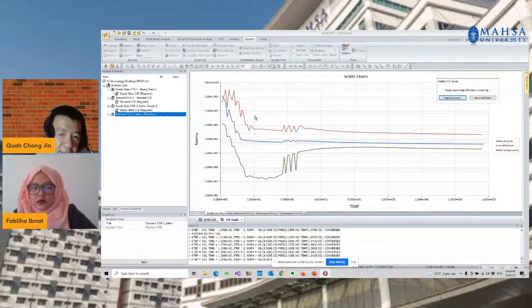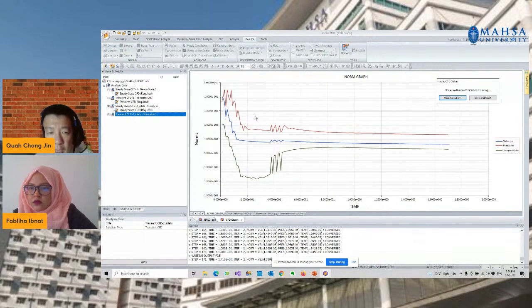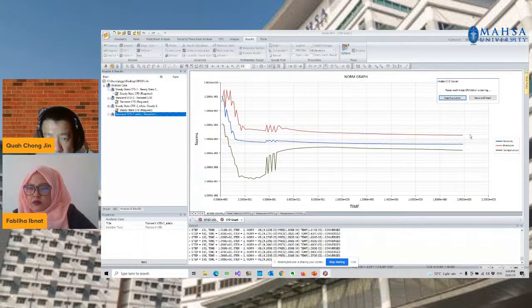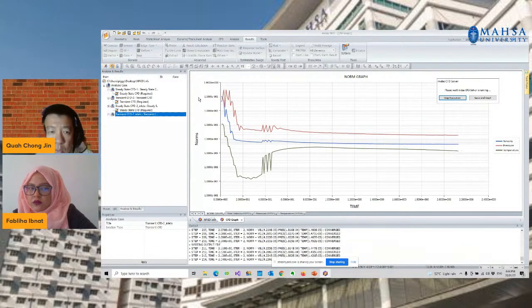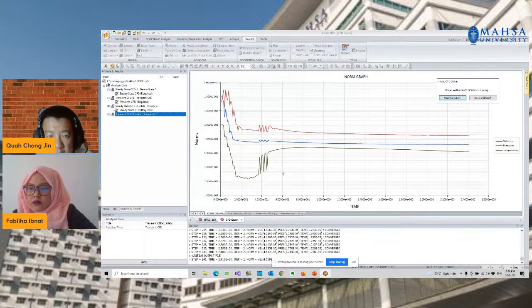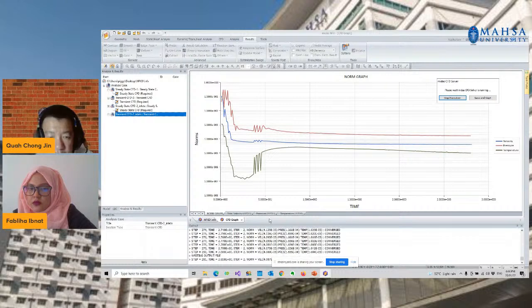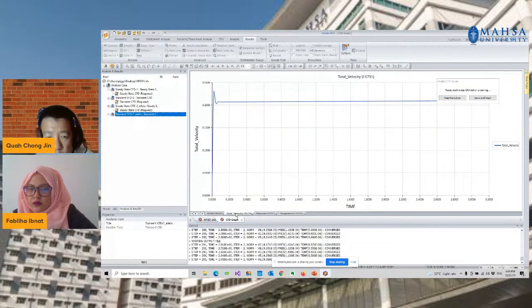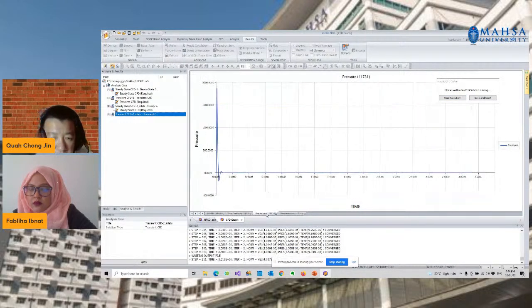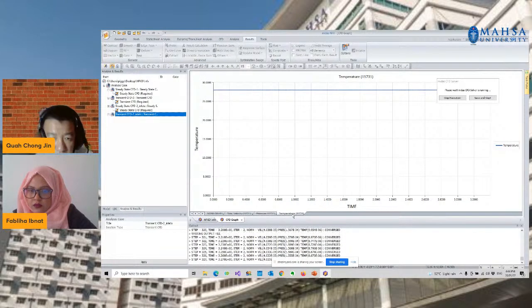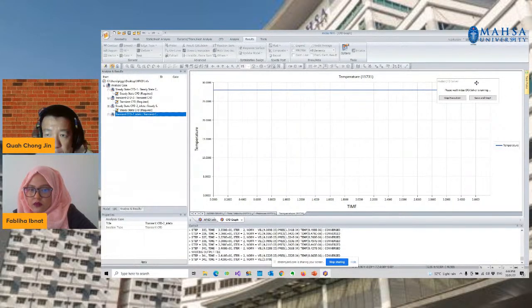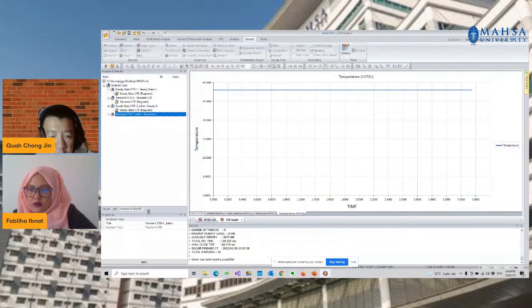The second level that you have to ensure is that the fluctuation of the graph is not so obvious, like what you're seeing at the initial point. The norms fluctuate until a certain point and become a straight line, which means it converges in a nice and smooth manner. Let's check again the physical quantities of velocity, pressure, and temperature as well. It seems to have converged nicely, and I should be able to save.